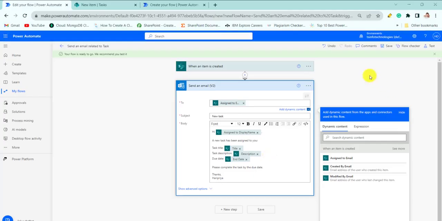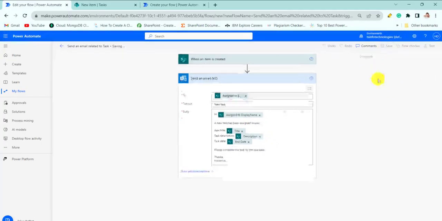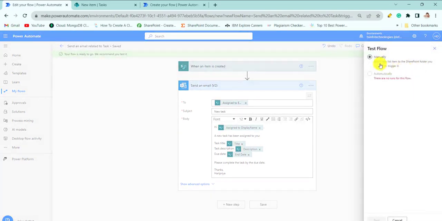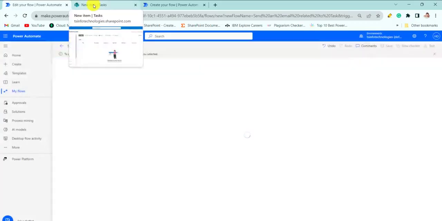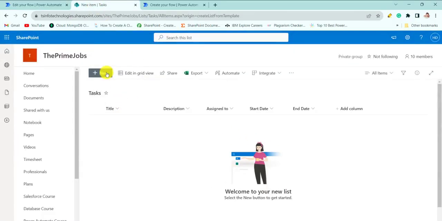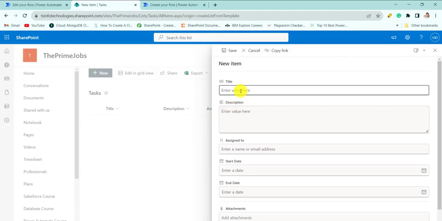Before running the flow, just click on the Save button, then click on Test, and then click on Manually. So we can trigger the flow manually, even though it can also run automatically. Before that, we need to test our flow. So click on the Test button. Now, if we create an item here, the flow will trigger. So here I will add one task, let's say SharePoint migration,